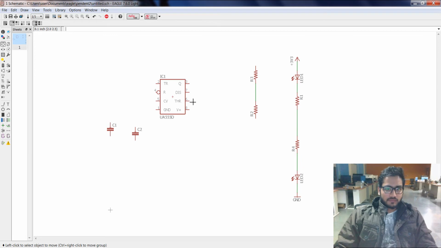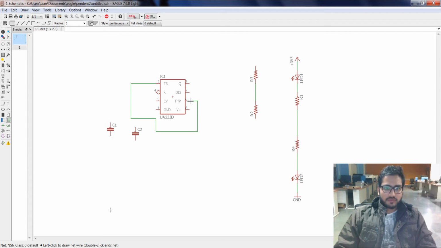So now I'm going to connect this pin number 2 with my pin number 6 to create an astable mode. 2 and 6, I can do that by connecting this pin number 2 with this pin number 6, but I can also do another thing to connect these. This will serve the purpose, but this doesn't look very nice. So what I can do is I can delete this,